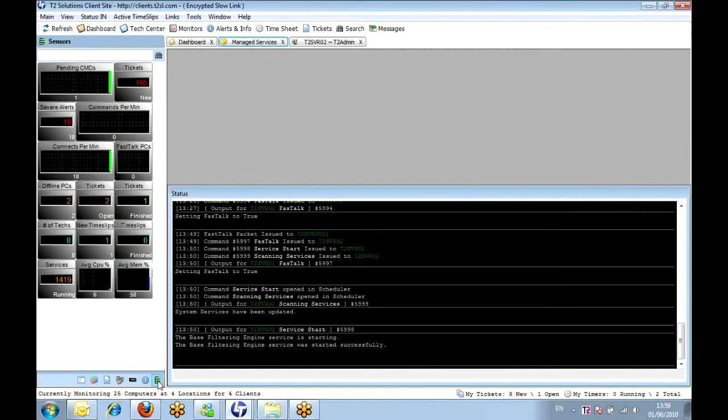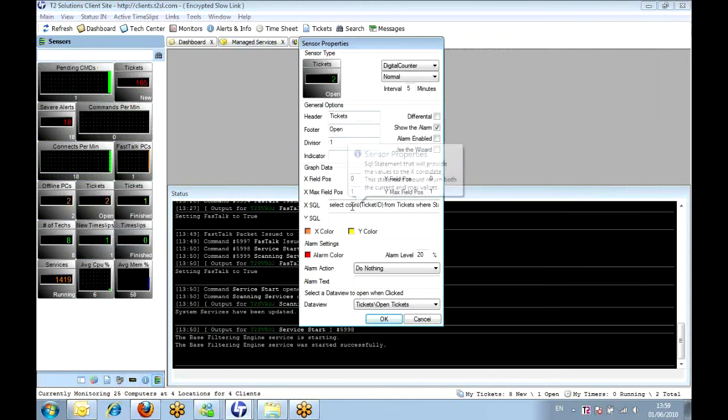So if we start looking at stuff, we can have that just running away. So again, we can right click, we can start changing the properties on here. It actually gives you like SQL access, so you can start building up what counters you want to have in here. So it's got a wizard when you're creating new ones. So if we want to